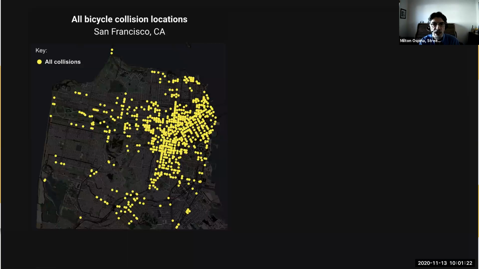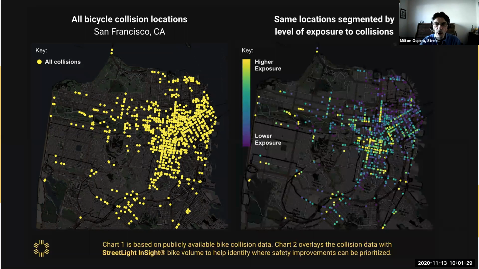This one is about safety, and this one is looking at bicycle collisions in the San Francisco area. But what's interesting about that is the concept of exposure. If you look at the graphic on the left, I'm a cyclist myself, so I look at that graphic and it's like, oh my gosh, look at all those accidents. But once you look at the exposure rate, the collision data associated with bike volume, so where those bikes are moving the most,